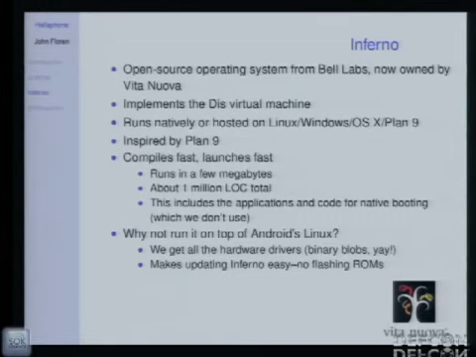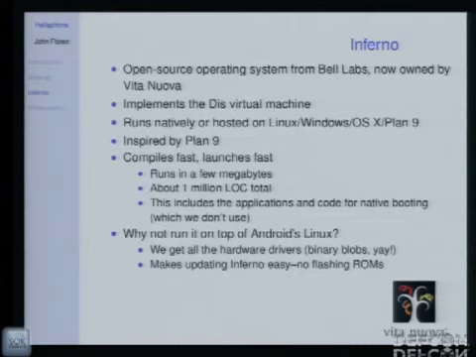As it says, it's inspired by Plan 9. It was sort of an evolution of some of the concepts taken from Plan 9, with an intention to be used in set-top boxes and embedded devices, and this was back in the mid-90s, so it was sort of ahead of its time. It was pushed as a competitor to Java as well, because it's a virtual machine. The code actually is quite portable, unlike Java code, which you might have to tweak to run on Windows and Linux.